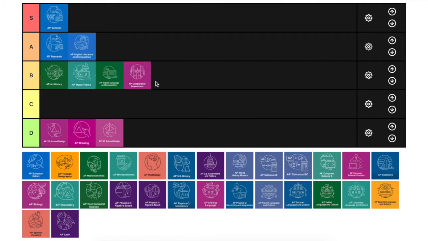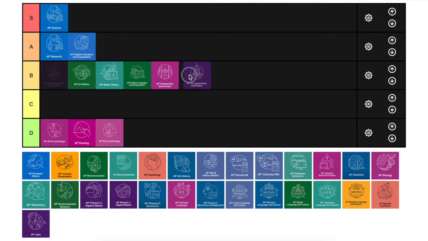So the class is more of an overview of government in general, with studies into the governments of China, Iran, and other countries like that. It's very applicable on the global scale if you want to compare governments, but it's a lot less in depth than actual U.S. government. Right. That being said, though, we're also gonna put U.S. Gov in the B tier because